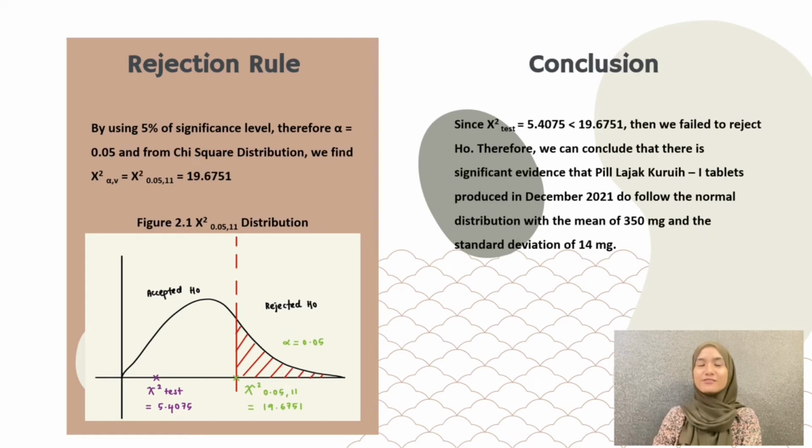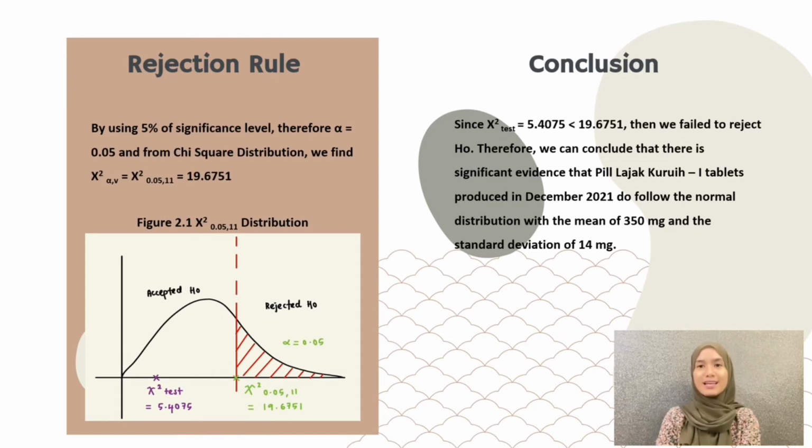The rejection rule of this part is shown in the figure 2.1. By using 5% of the significant level, therefore alpha equals to 0.05, and from the chi-square distribution, we find x2 alpha degree of freedom equals to x2 0.05 11 is 19.6751. Lastly, the conclusion for part B is since x2 test equals to